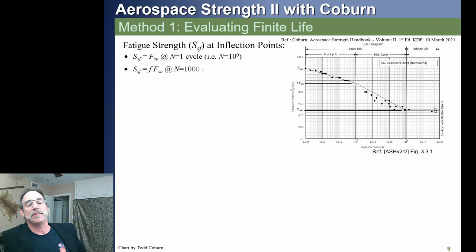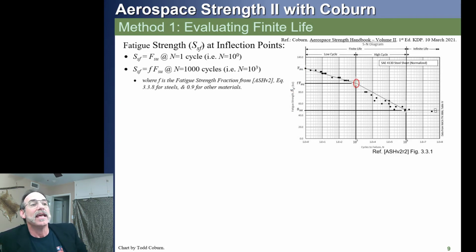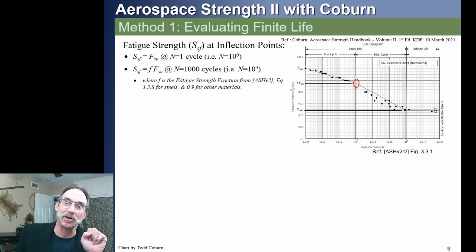The second inflection point says, okay, this is where it changes from low to high cycle fatigue. And for steels, this is at 1,000 cycles. And for other materials, it's close to 1,000 cycles. So we'll assume it's the same. And we're going to use that as FFTU, right? Or excuse me, FFSU, because we're talking about shear loads here. So we're going to take our fatigue stress fraction, little f, and now Shigley provides a little curve for that,